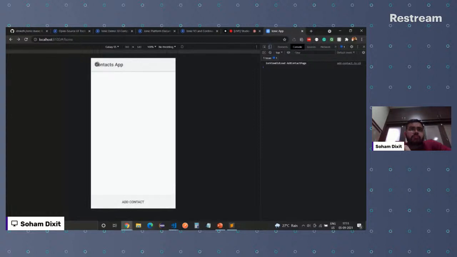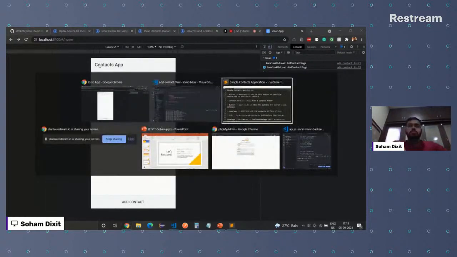If I click over here, we are back to our home page. So we are done with the first thing. What was the first thing? When user clicks on add a contact, he should be redirected to an add a contact page where he'll be able to add his details. So yes, we have implemented that successfully. When user clicks on add a contact, he is able to see this add new contact page. Now let's move on to the next part.